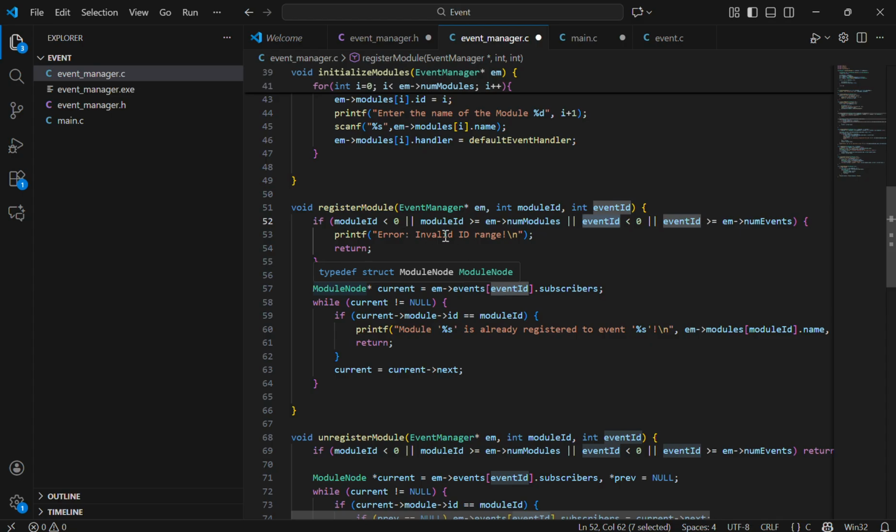Now here, what we are doing, we have taken the address of the linked list. For a particular event, the event ID will have a list associated with it for the modules that are subscribed to that particular event. So we'll be taking that address and we'll be traversing the list. If the module ID that we are trying to assign to a particular event is already present, then we'll be